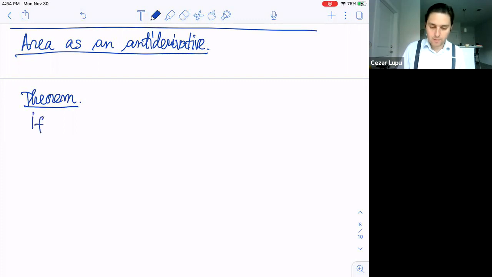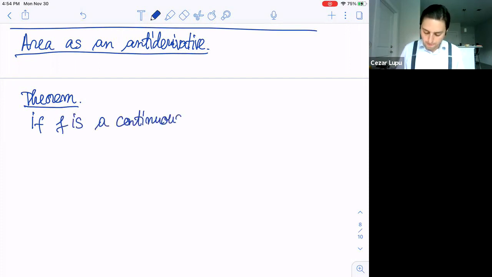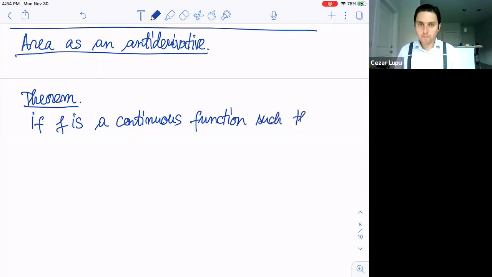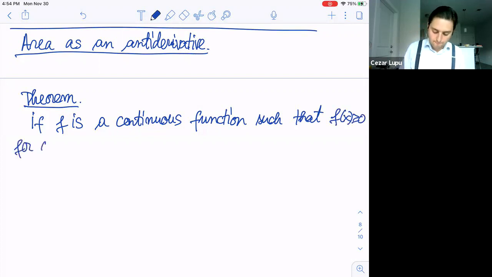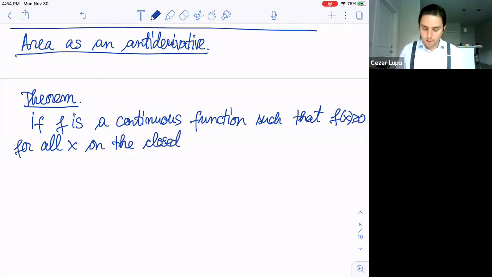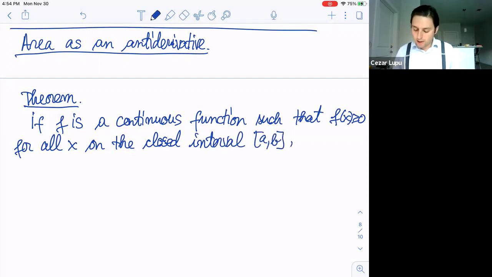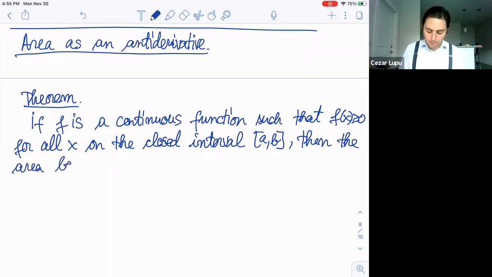The theorem says the following. If f is a continuous function such that f of x is non-negative for all x on the closed interval AB, then the area bounded by the curve y equals f of x,